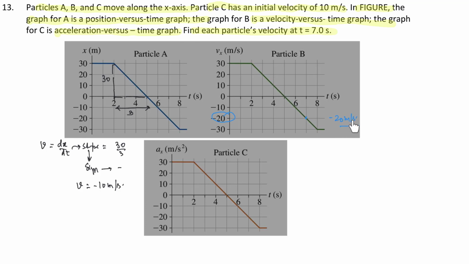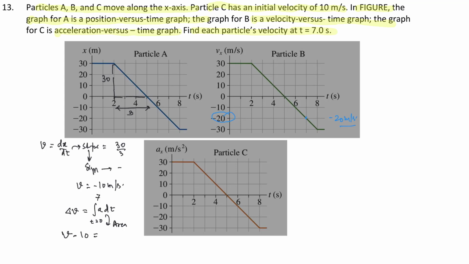So this is your velocity at 7 second. For particle C, we have an acceleration-time graph. So to find velocity from an acceleration-time graph, we need to find area. So delta V, don't say V equal to integral A dt. What I have advised you, delta V equal to integral A dt, and limit from 0 to 7 second. Find out this area,